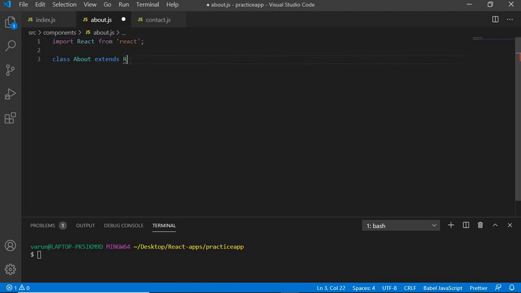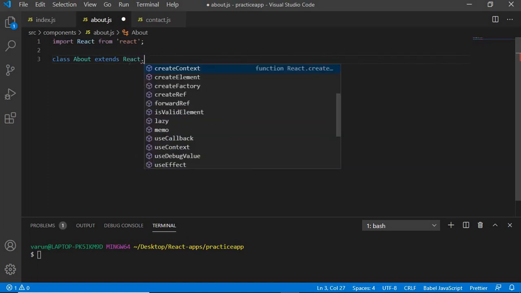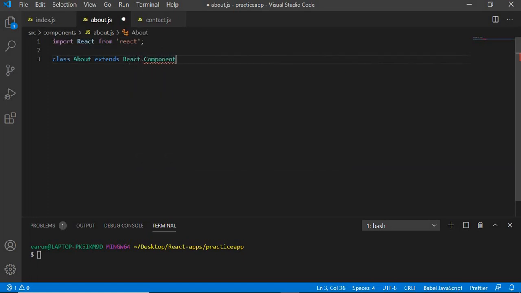And then here you say React.Component, and inside of this let's render and return a simple h1 tag which says about me. Now after this you can export default about